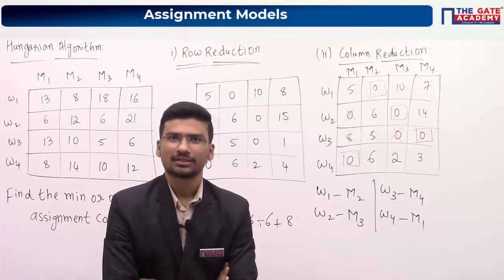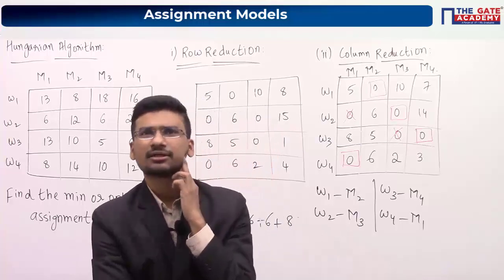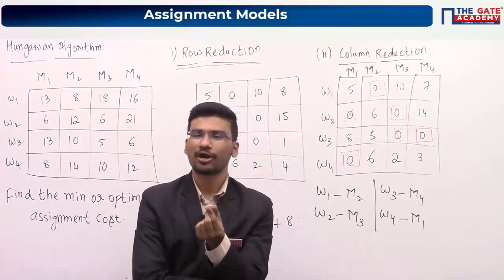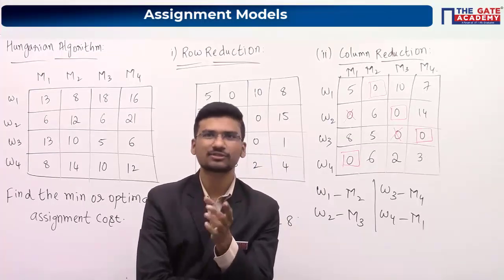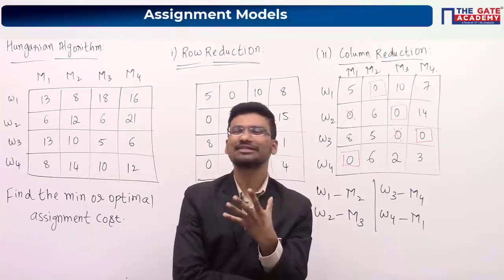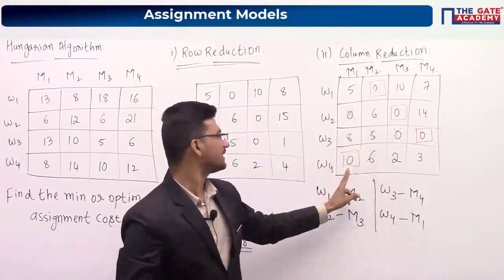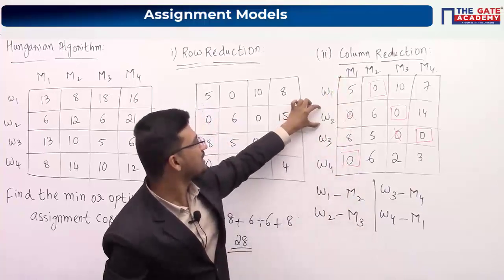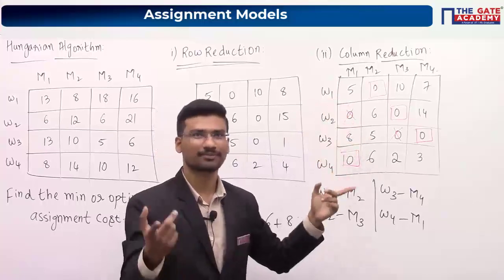Okay. So any doubt regarding these points? Muhammad, you are asking something. I think you are asking why should we cancel other zeros. Already we have discussed this reason. After assigning here, worker 4 is assigned to machine 1. That means you cannot assign worker 2 to machine 1, right? That's why we are cancelling the other 0 present in the column.